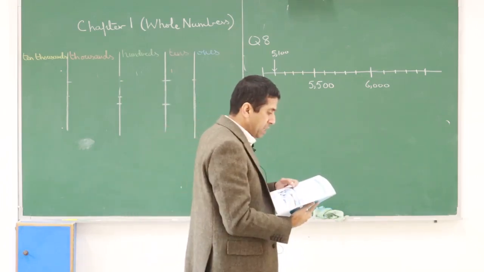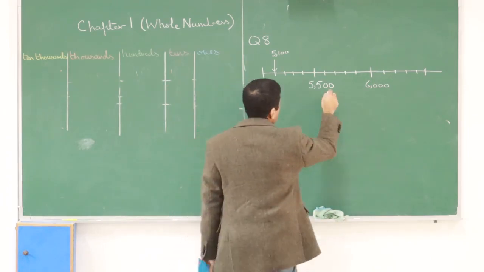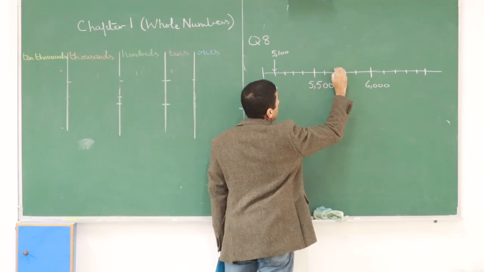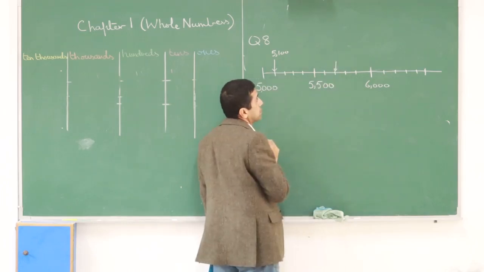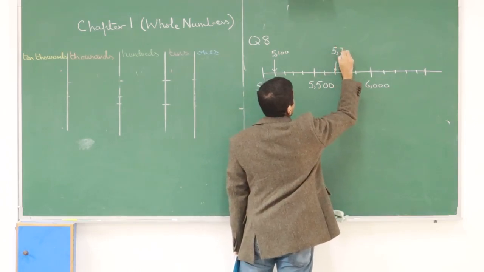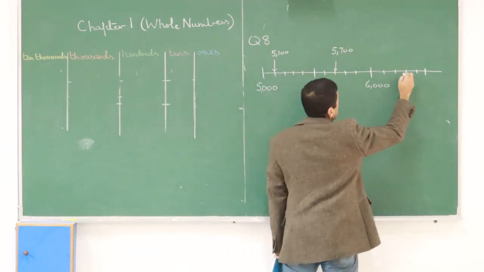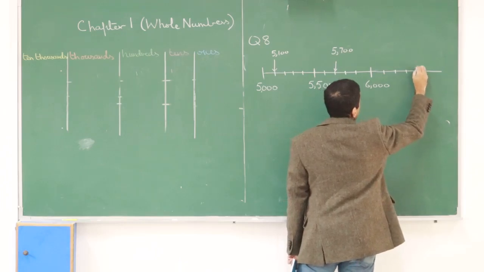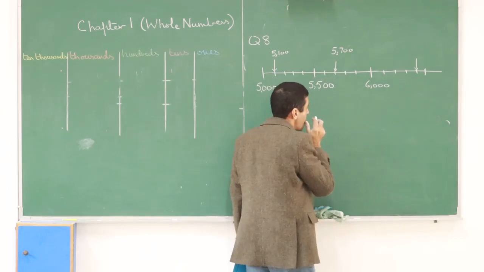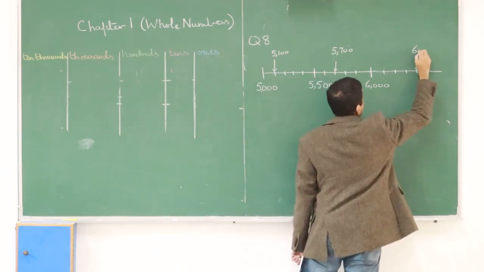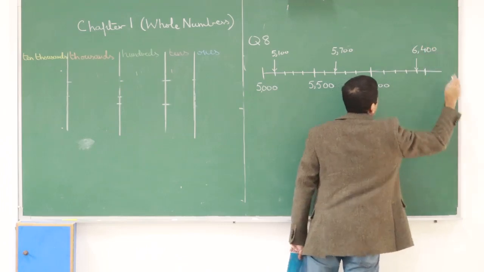So now we can have another line. So what would this number be? 5,700. Yeah, this would be 5,700. Okay, good. And this number would be what number? 6,400. Very good. Okay, great. Okay. So now,